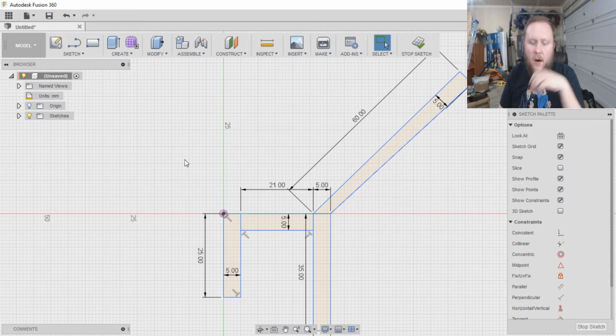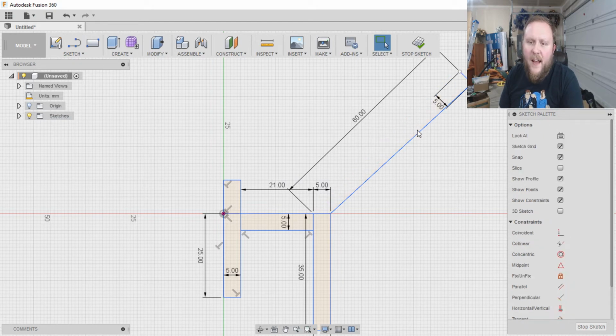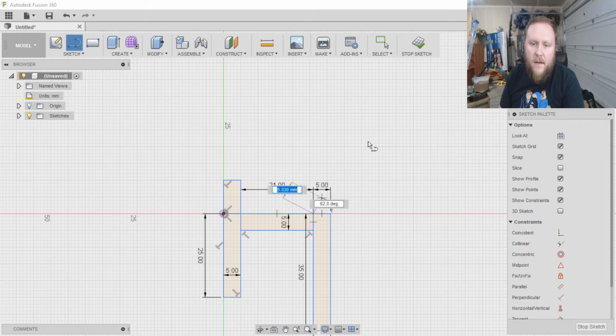Oh, one thing I almost forgot. We also need a little lip to prevent the tablet from just sliding out in the front, especially as it's got this really steep angle. I'm going to change that. I don't like how steep that angle is. It's a little too steep. So why don't we do...